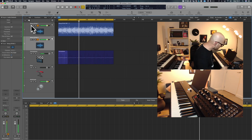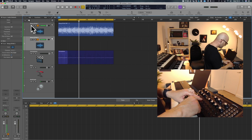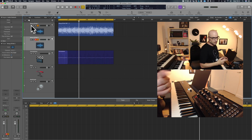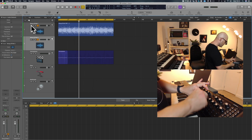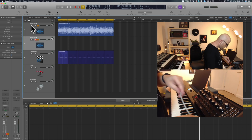The problem with trying to make a tune on this thing is these pitch knobs here are extremely fine, and often it's difficult to get a kind of melodic thing. That's why it's a drum machine more than it is a music thing. Sometimes it can happen quickly and sometimes it doesn't. So I think I'm going to go for something much more simple, and I'm just going to start with a